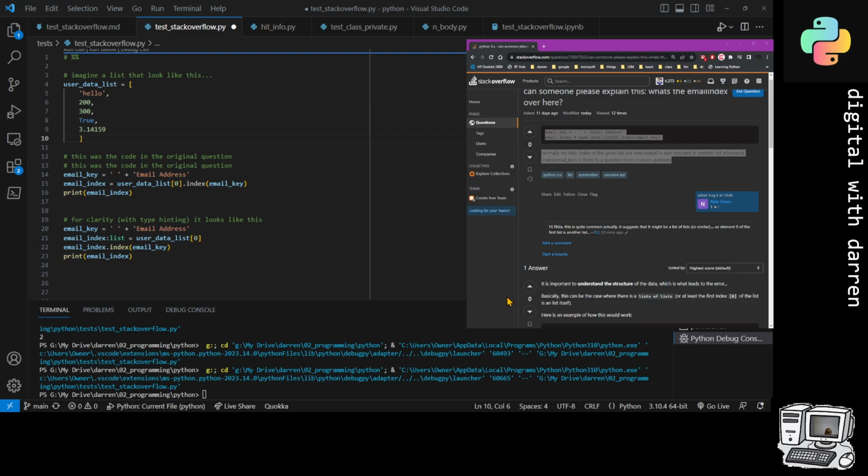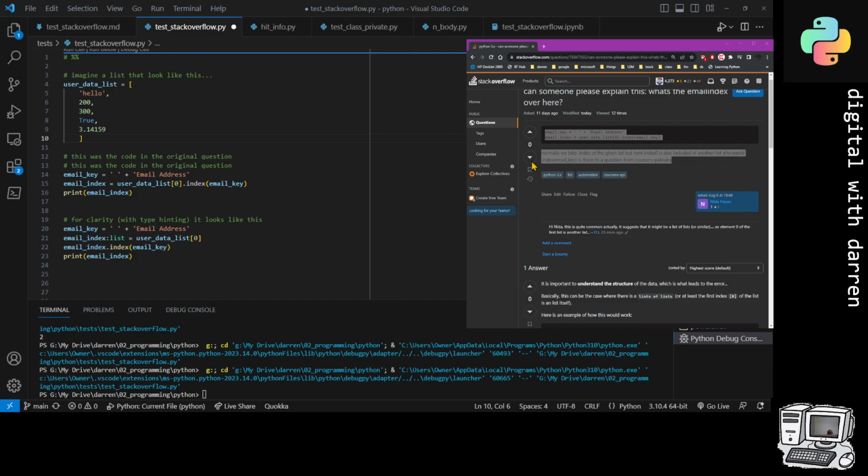The code is finding the index of a specific string within the first item of user data list. Creates a string variable containing email address. Note the space before email. That's quite interesting, because I sort of intuitively just put it in there. User data list, I could actually put that in my bit, but do I want to steal from a Bard or whatever? But user data list, this is assumed to be a list where the first item is also a list, perhaps of